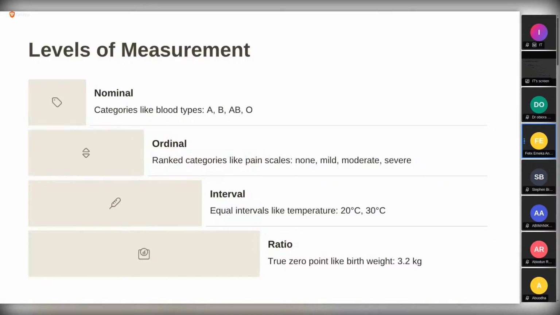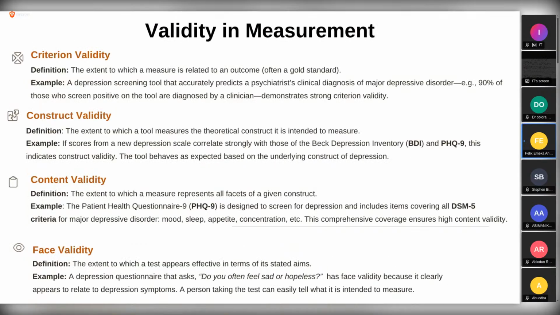Unlike interval, where 0 degrees Celsius does not mean there's no temperature, for ratio there's a true 0. When you say 0 kg, everybody in the world knows that there's no weight. That's why it's 0 kg. 1 kg simply means the weight has increased from 0 to 1. So the weight has started counting, so that is how it works in the different levels of measurement.